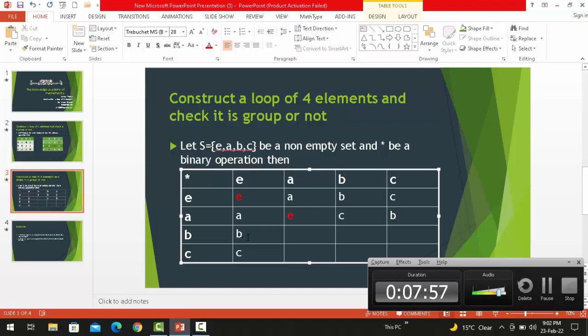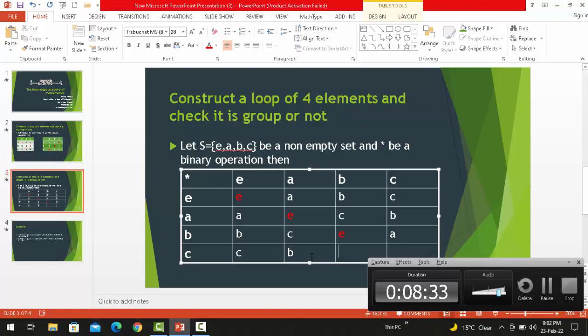Okay, this row consists of B, the remaining parts are E, A and C. If I put C here and E here and A here, you can see that there is no repetition. In this row C is also present, the remaining parts are E, A and B. If I put E here, there is a repetition because E is also present in this column. If I put B here, B is not present in this column, so I can put B here.